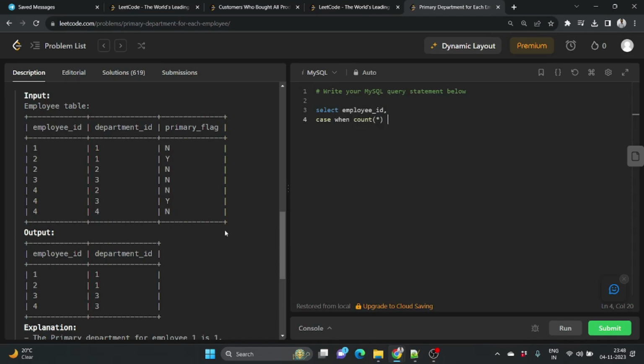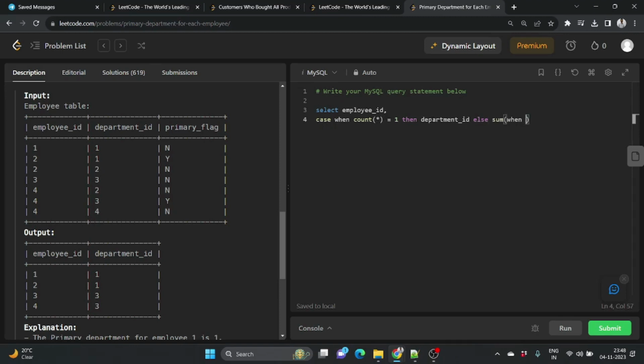So when the count star equals 1, then return just the department ID. The issue is with else. Or else, what we can do if there are more than two departments. Or we can write something like this, else sum